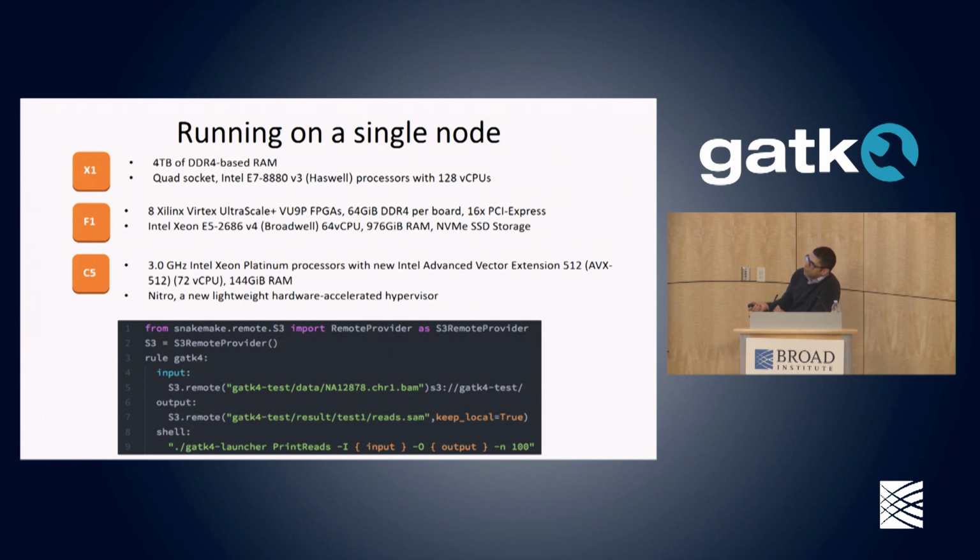Why this works, and particular to AWS, why this would work even on a single node, is that there are some really large amounts of compute available to you, even within a single instance, from 4 terabyte RAM systems, which are quad socket CPU servers, to 8 Xilinx FPGAs, really large compute, and Skylake X with what Paolo was mentioning earlier,